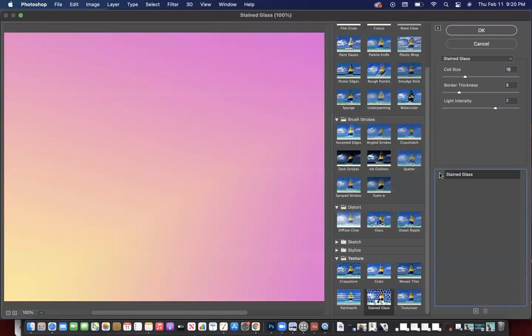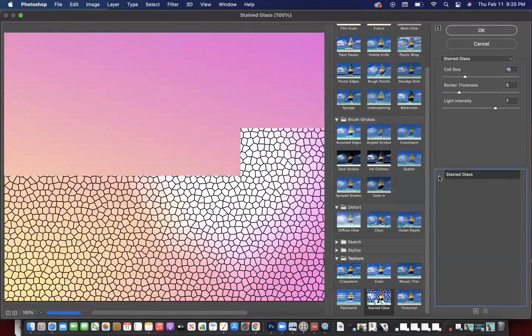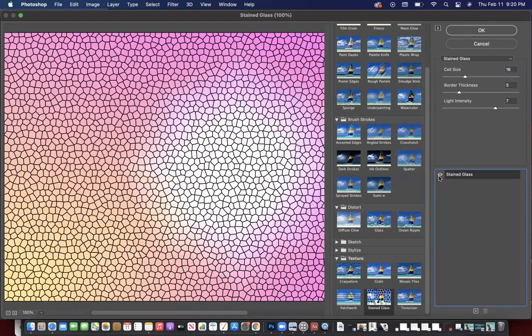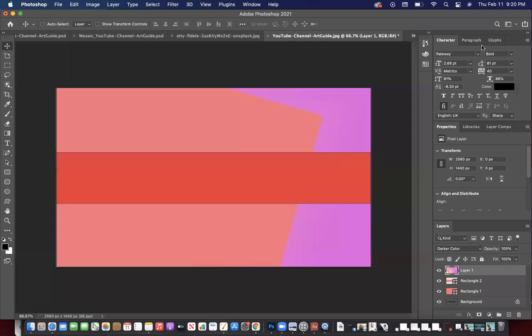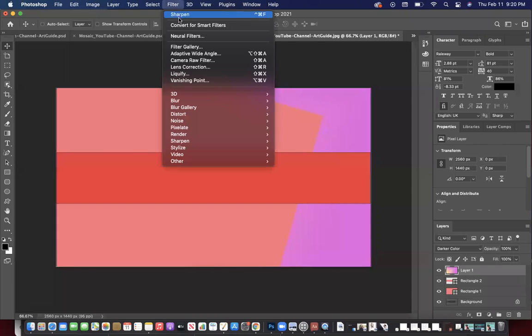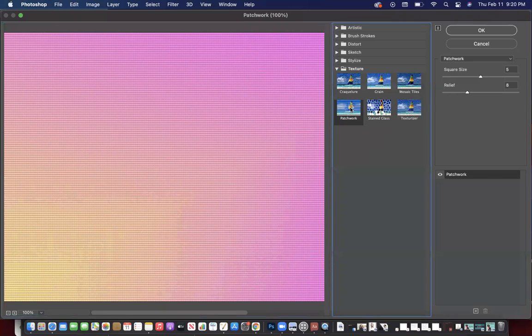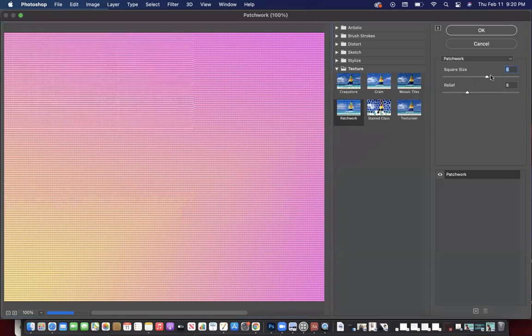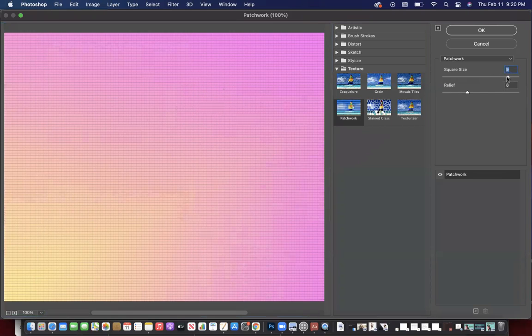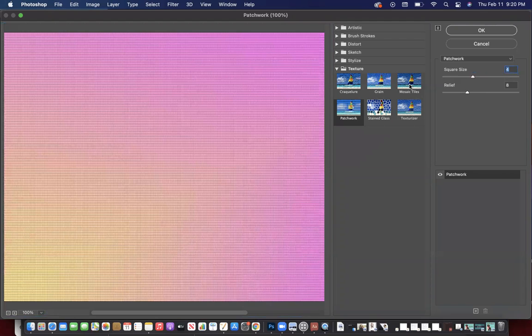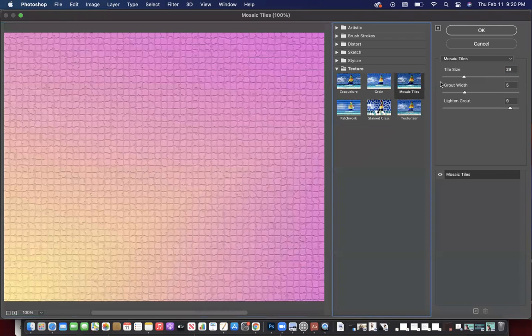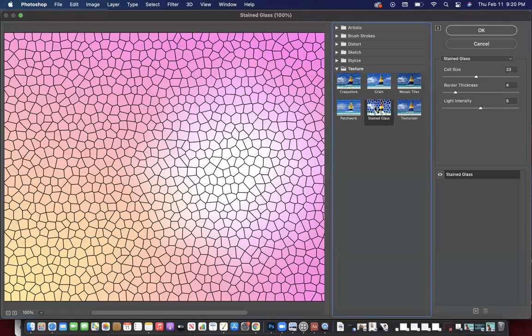And then you can also use the eyeball here next to stained glass just to see the changes that you made and if you want to move forward with them. So I could cancel that out. Oh, filter gallery. Let's go back. We could look at patchwork, and again, the same thing. Just use the slider to increase the cell size, mosaic tiles. I think I'm going to stick with stained glass